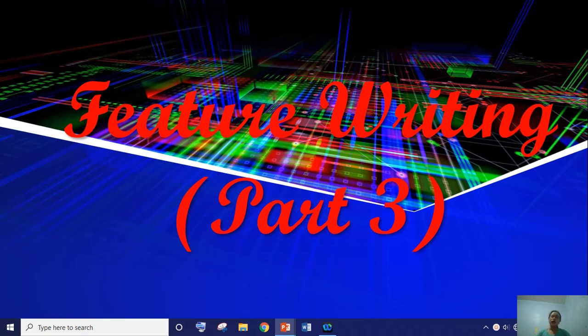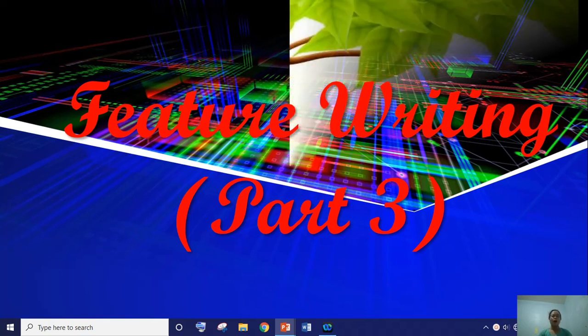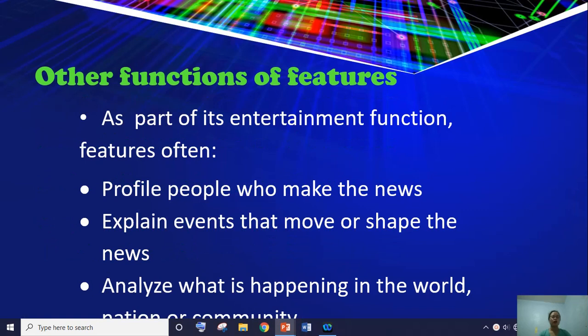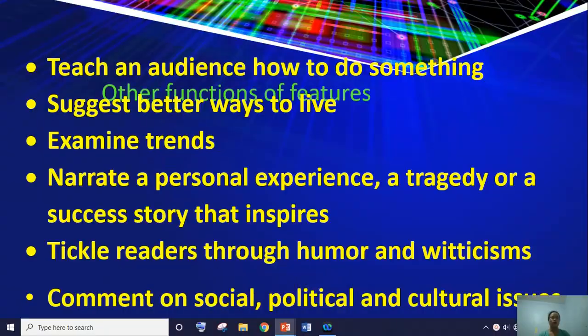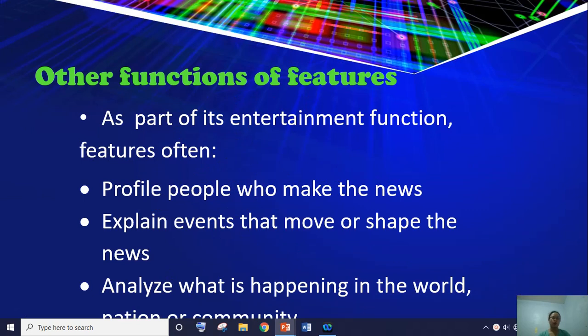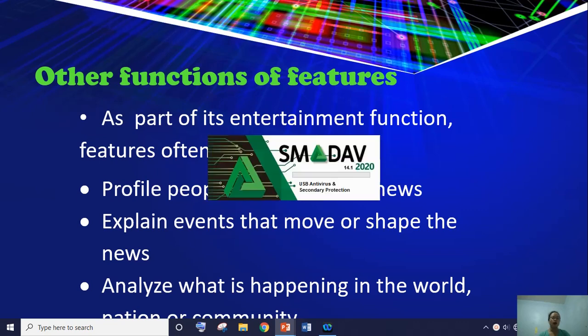So let us continue our discussion about feature writing, part 3. So, other functions of features. As part of its entertainment function, features often first profile people who make the news, explain events that move or shape the news, then analyze what is happening in the world